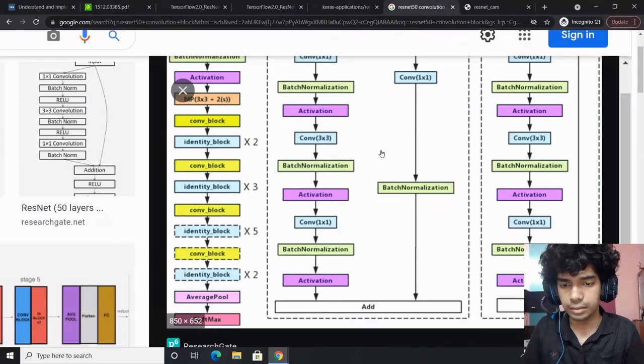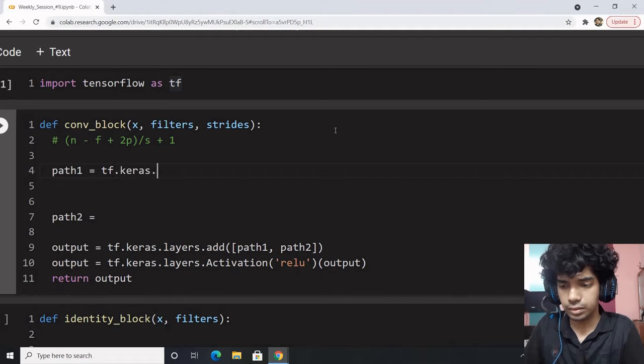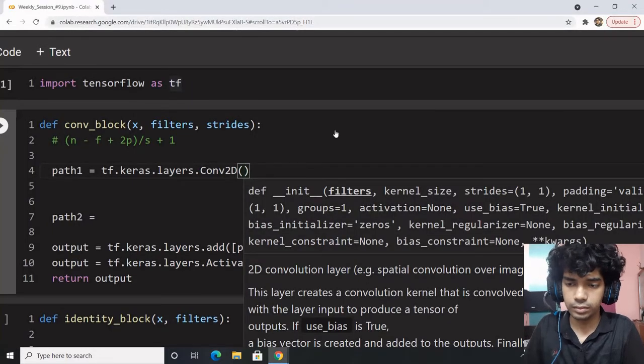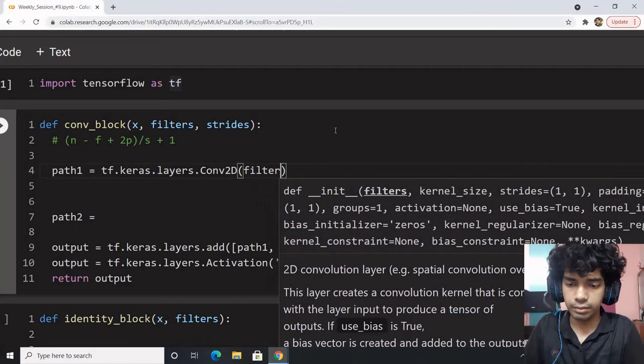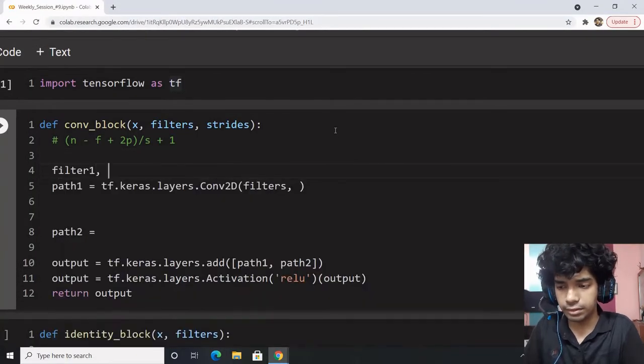something like this. You get a convolution 1 cross 1 to define the number of filters. So we'll have 3 filters, and we'll obtain filter 1, filter 2, and filter 3.